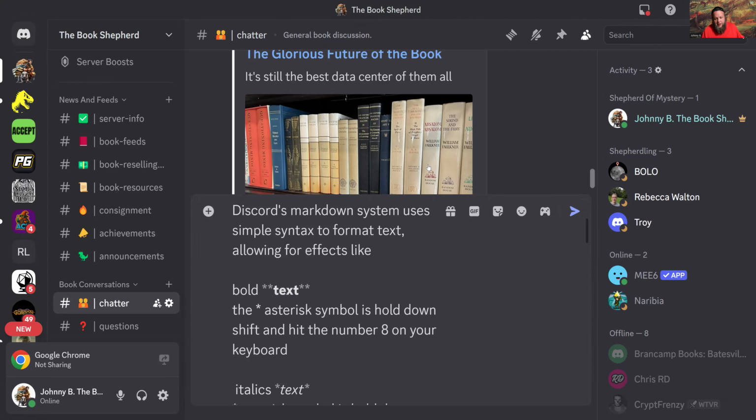So we're going to jump right back into our Discord tutorial here. Let's get the screen share cranking. Let's see. Where did Discord go? Come back, Discord. There you are. Share. And today we're going to be going over how to bold, italics, underline, strike through, and other various things you can do. So basically, Discord's markdown system uses syntax or certain keys on your keyboard, allowing for effects like